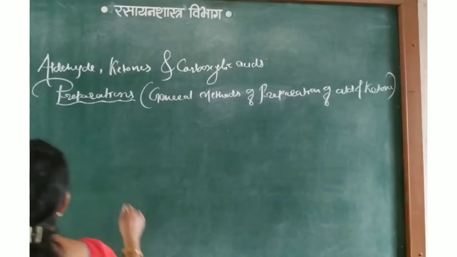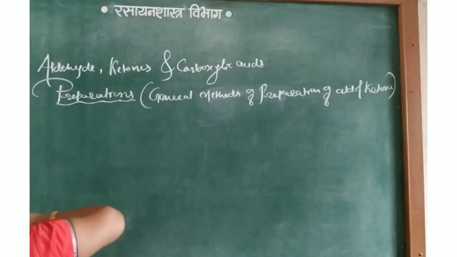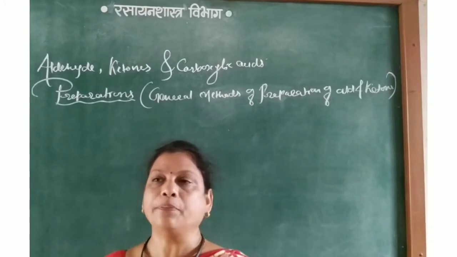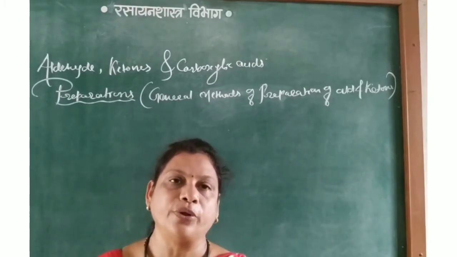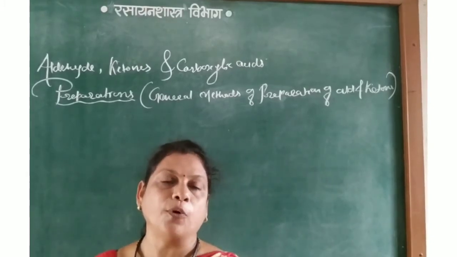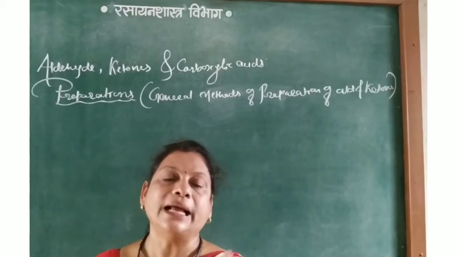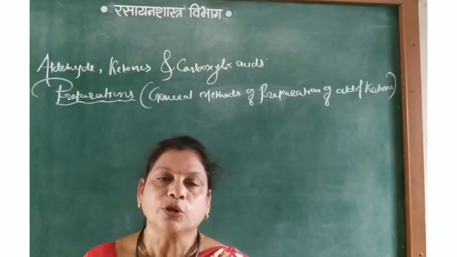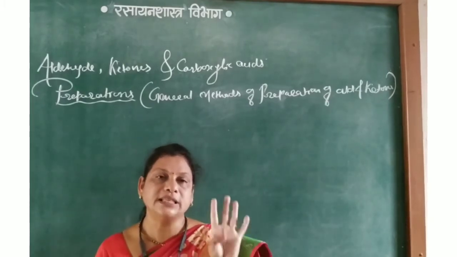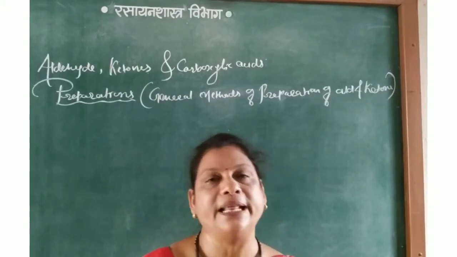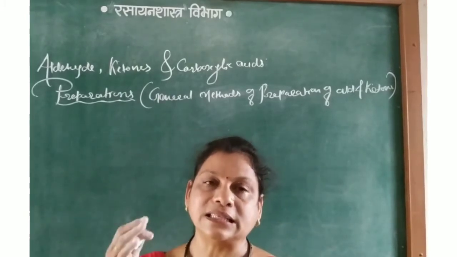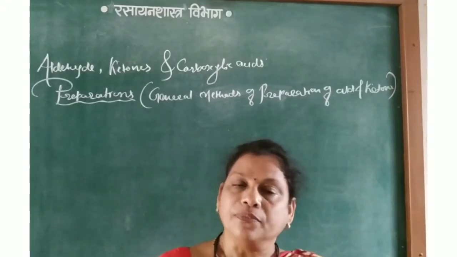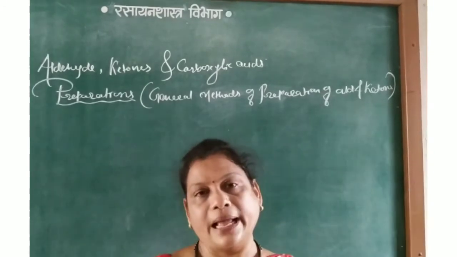So from alkyne, that is hydration of alkyne. So hydration of alkyne, that is in presence of 1% mercuric sulfate and 40% sulfuric acid, gives the corresponding aldehyde and ketones. Okay. So these four methods, the general methods of preparation of aldehyde and ketone, were seen in the previous chapter as well as in the 11th standard.